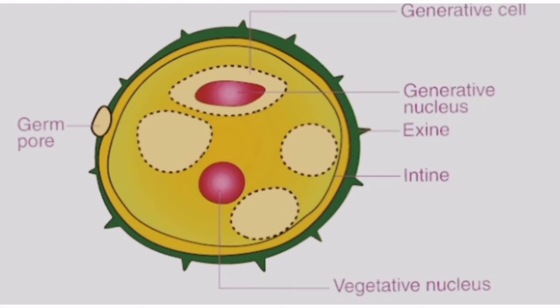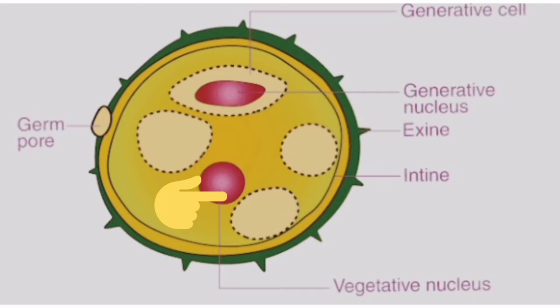Okay, so this pollen grain, as I told, has two layers. The outer layer is known as exine, and in this picture it is shown in green, and the intine is shown in orange. The intine, that is the inner layer, is situated just beneath the exine, and just below the intine this pollen grain contains a dense cytoplasm, and along with that it also contains two cells. One is the generative cell, situated at the anterior region, and the generative cell is the largest cell. The second type of cell is known as the vegetative cell, and this vegetative cell is small in size.